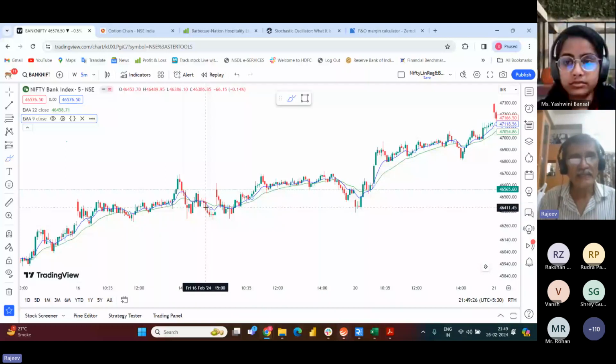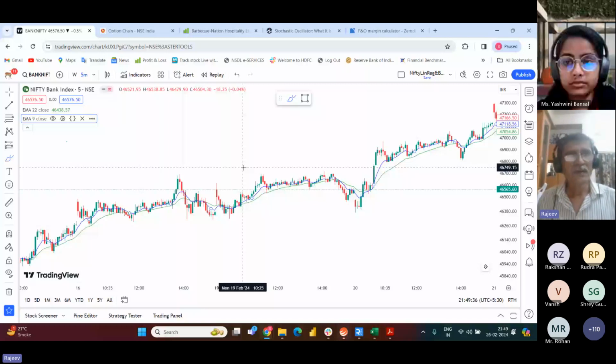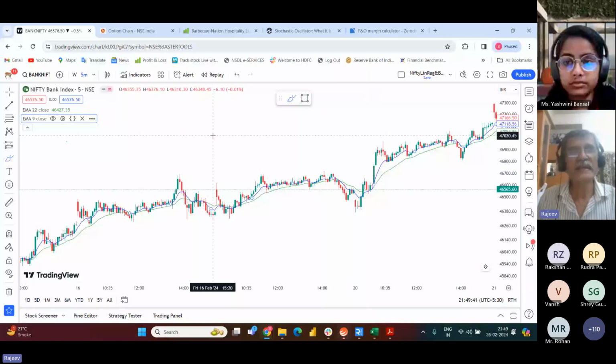Now, I don't know anything about what are the conditions that are governing the Bank Nifty prices. Are there any new regulations coming in for banks? Are there any bad news items about the banks? Why has it fallen down? I just noticed that the indicator has turned bearish, unfavorable for Bank Nifty.